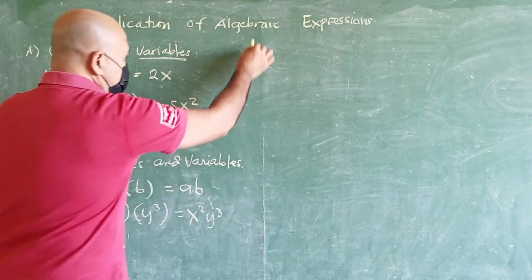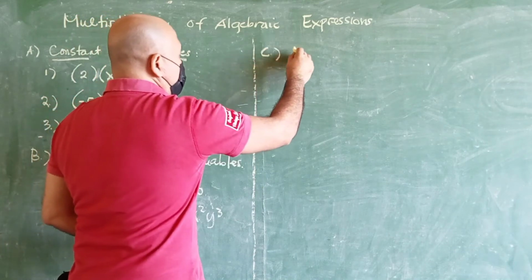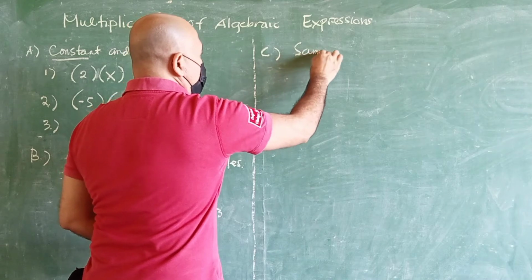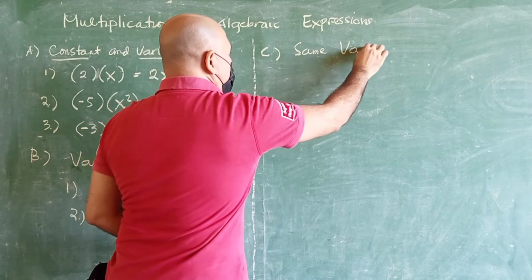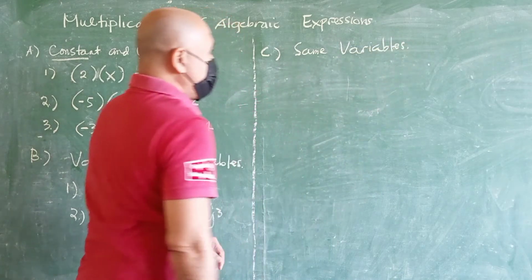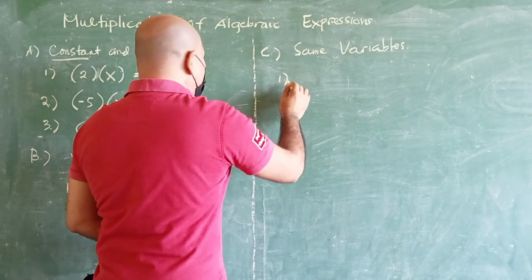Okay, so the next one is still about variables, same variables. What is the result when we multiply the same variables? So you have, for example,